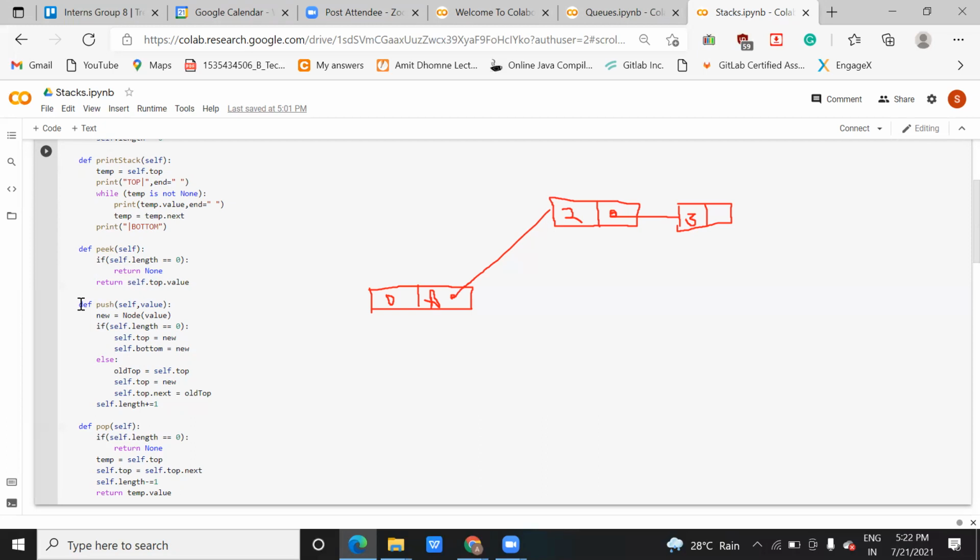Now this is the code for pushing. Just see once what you understand from this code. Can you just see it once and try to understand? I will explain it. Yeah, just see it. Okay, let me see.